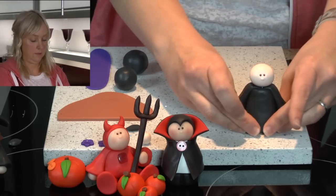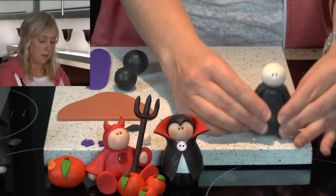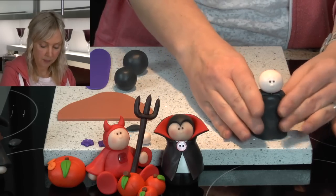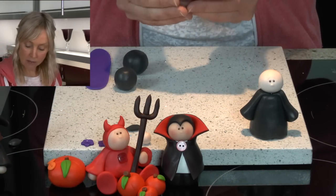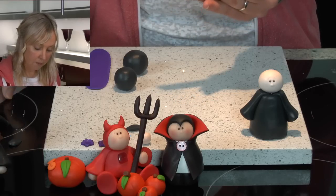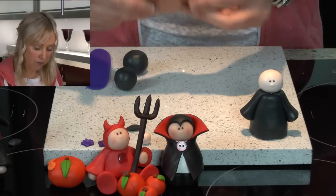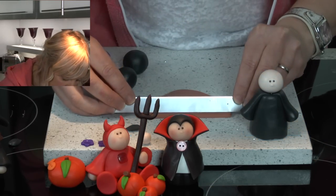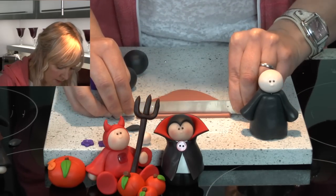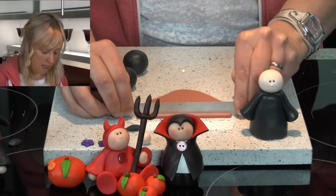Just give it a little press all over. Now we're going to give her some hair. So what I've done is I've rolled out some brown clay. I've not used the pasta machine this time because the thickest setting on the pasta machine actually isn't thick enough for the hair. So I've just rolled some brown clay out with a rolling pin and I'm just going to use the right side of the blade, I'm just going to take some strips of the brown clay